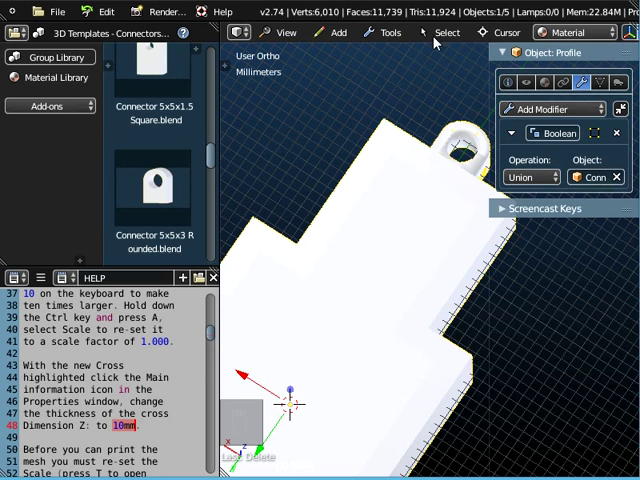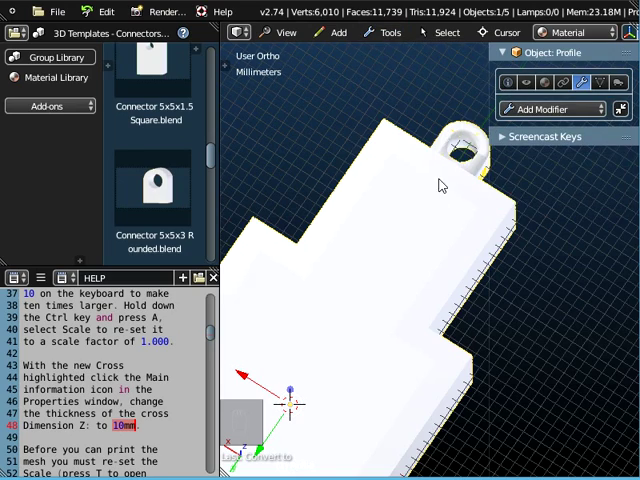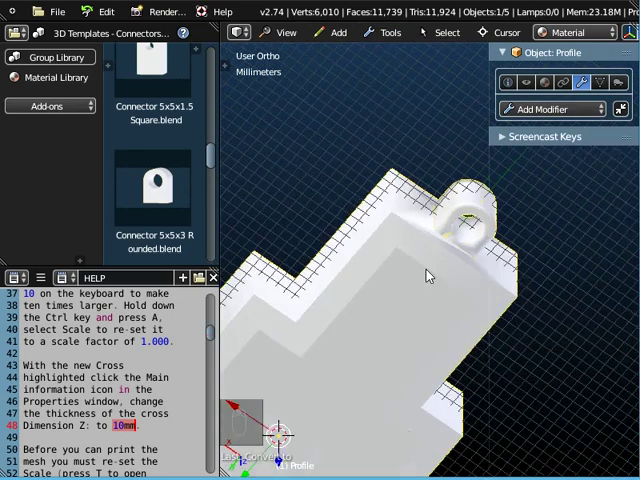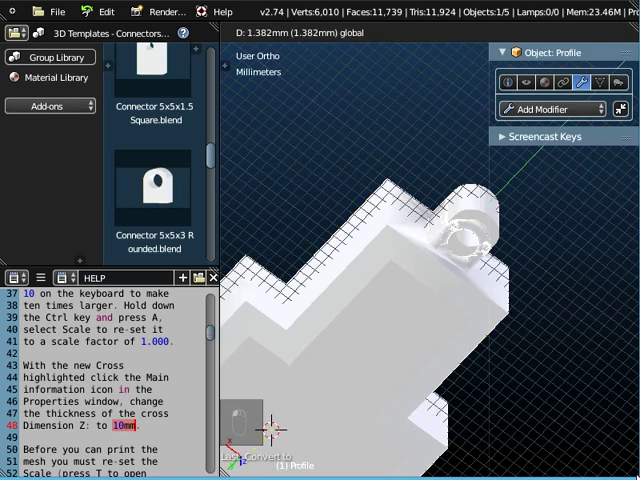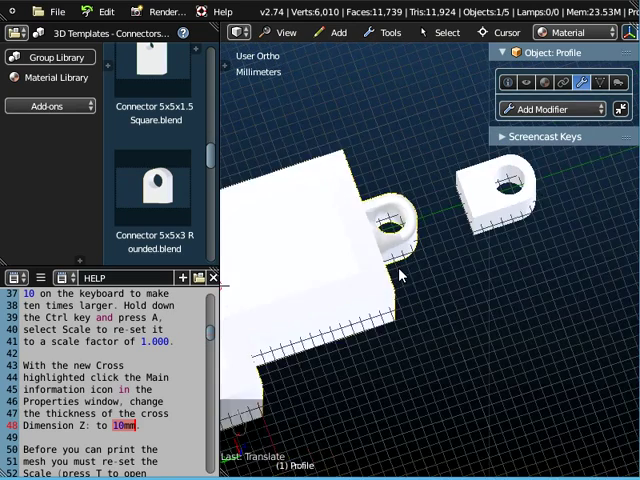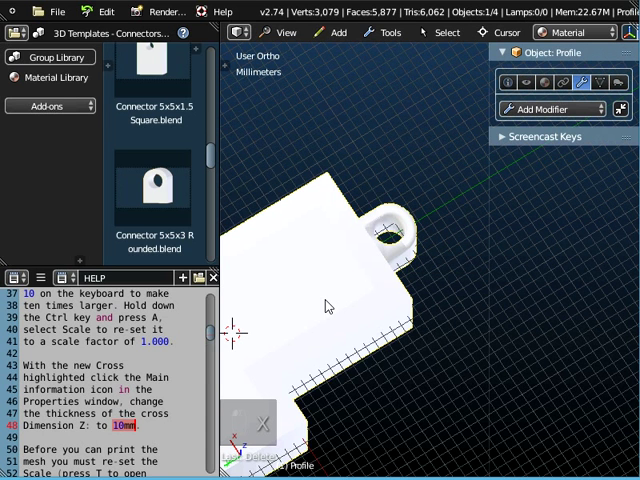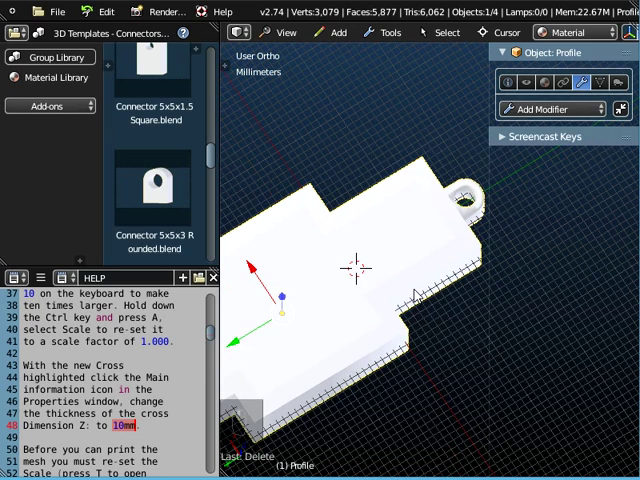To apply the Boolean, we need to go to Tools, Object Tools, and convert it to a mesh. Now we still haven't quite finished, because whenever we do this, we always get a duplicate of one of the objects, so you always need to remember to move the object out of the way. If we click on this connector now and press X on the keyboard, we can delete it. And so here is our